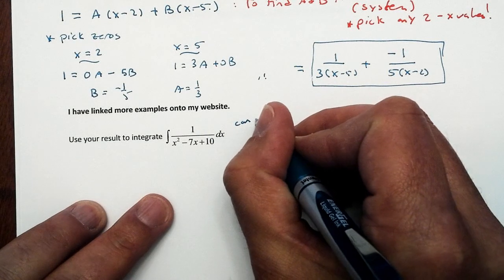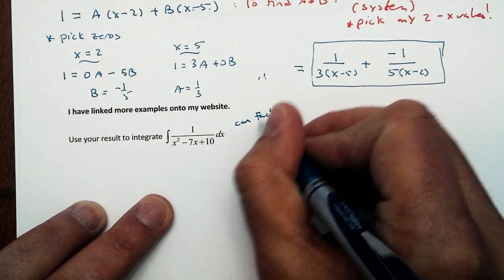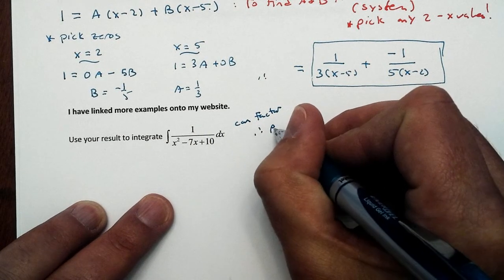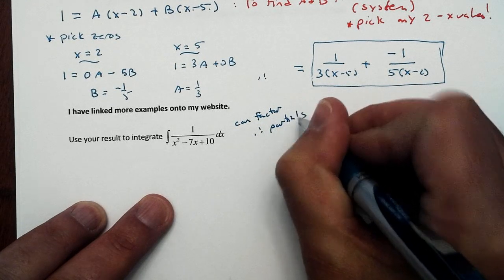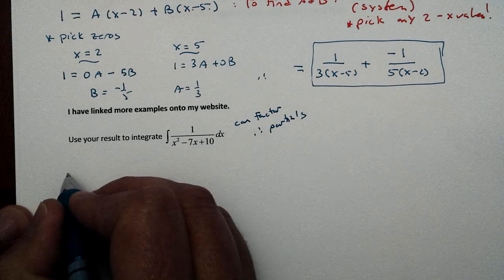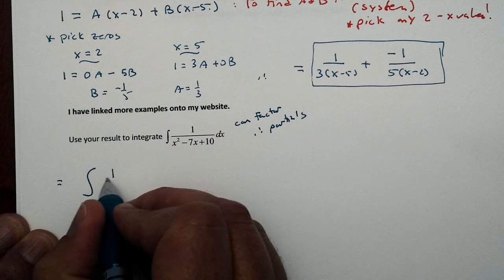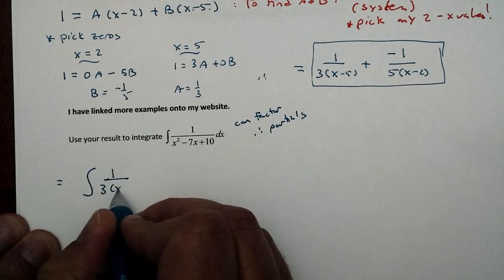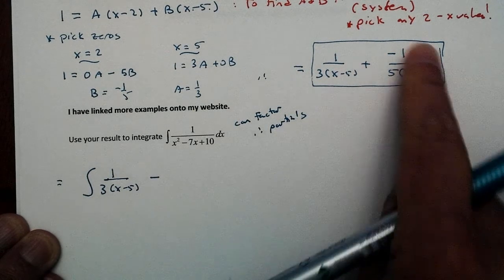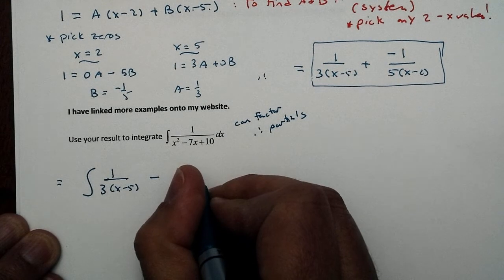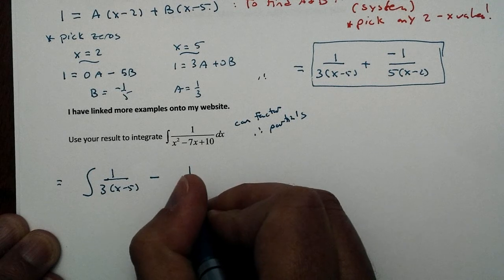So because I can factor, I'm going to use my partials rule. So I'm going to use my new rule. So I could rewrite my integral. We already know what this is. 1 over 3 x minus 5 minus, I'm just going to put that as a minus now, 1 over 5